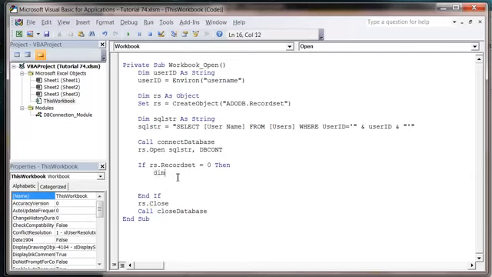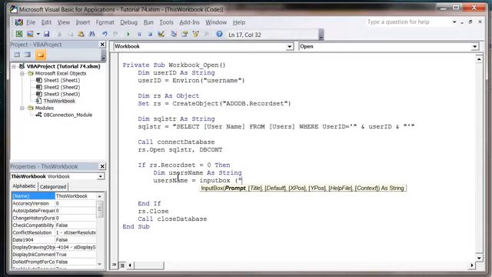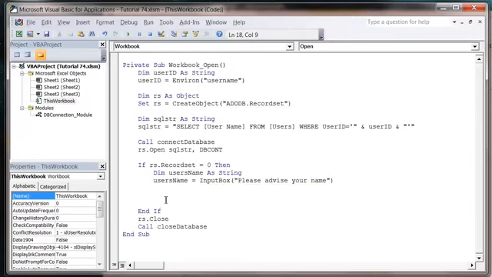So we want to put Dim userName as String, and then userName equals InputBox, "Please advise your name". And then once they've given us the name, we're going to write another SQL string. So Dim, we're just going to use the same one as before, SQLStr equals